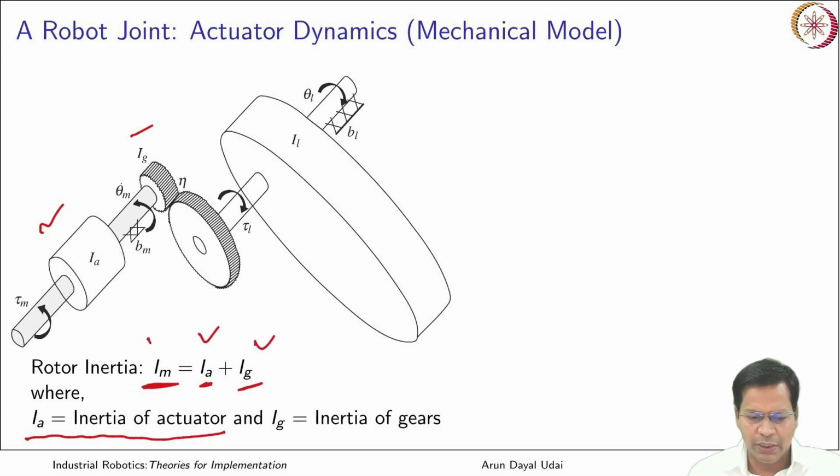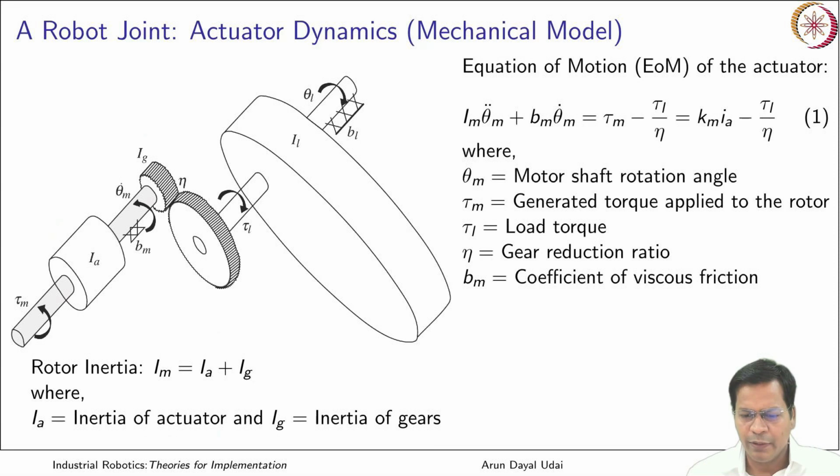Armature plus gear, total inertia is like this. Axis of rotation remains the same, so it can be simply scalar added. So the equation of motion of the actuator can now be given as: the effective torque that is coming from